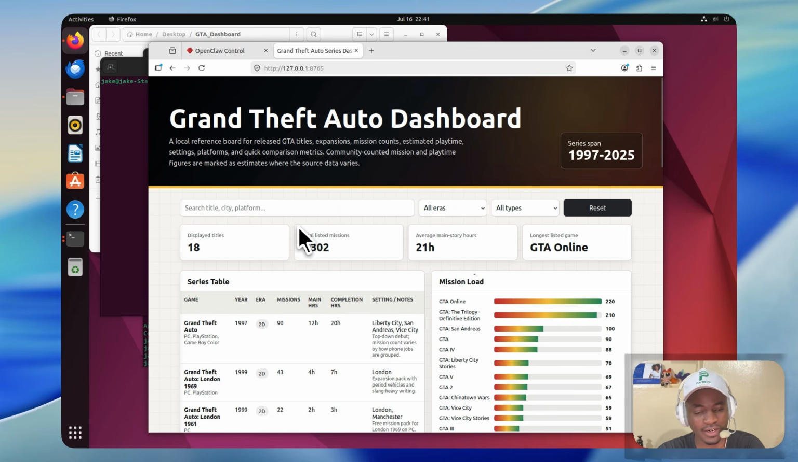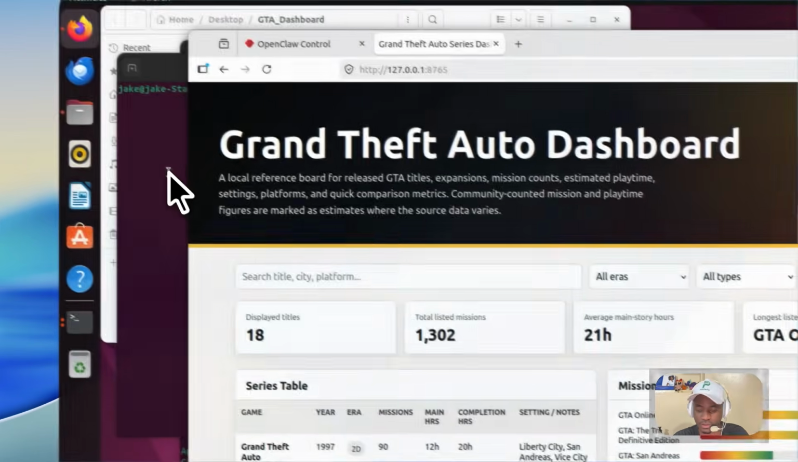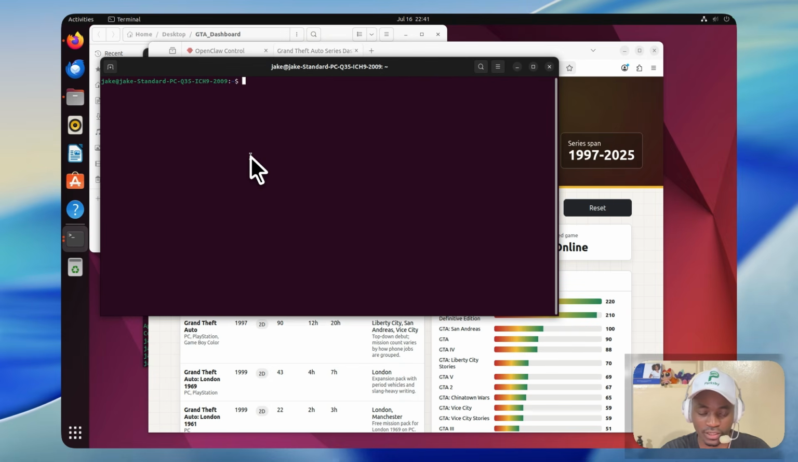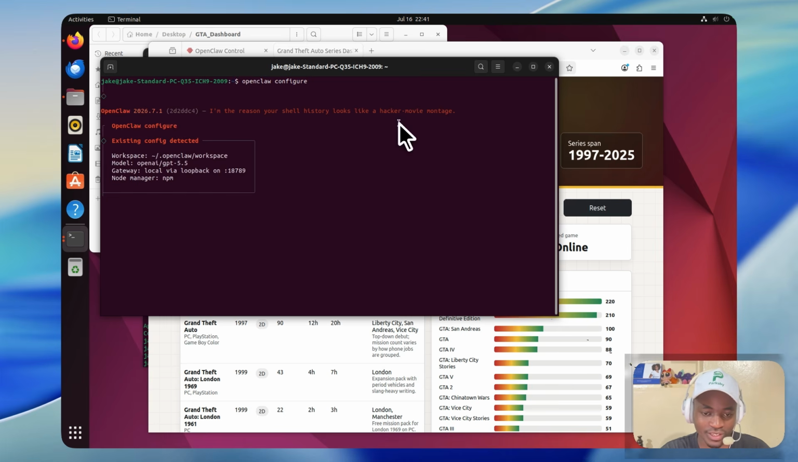Yeah, so finally, before we wrap up, I had told you I'm going to show you how to change the model that you're using. You just go to your terminal and run Openclaw configure, and it will give you the usual messages concerning its personality and what it can do for you. The reason your shell history looks like a hacker movie montage. Well, true. Yeah, and then of course it shows you the default model, the current model you're using,